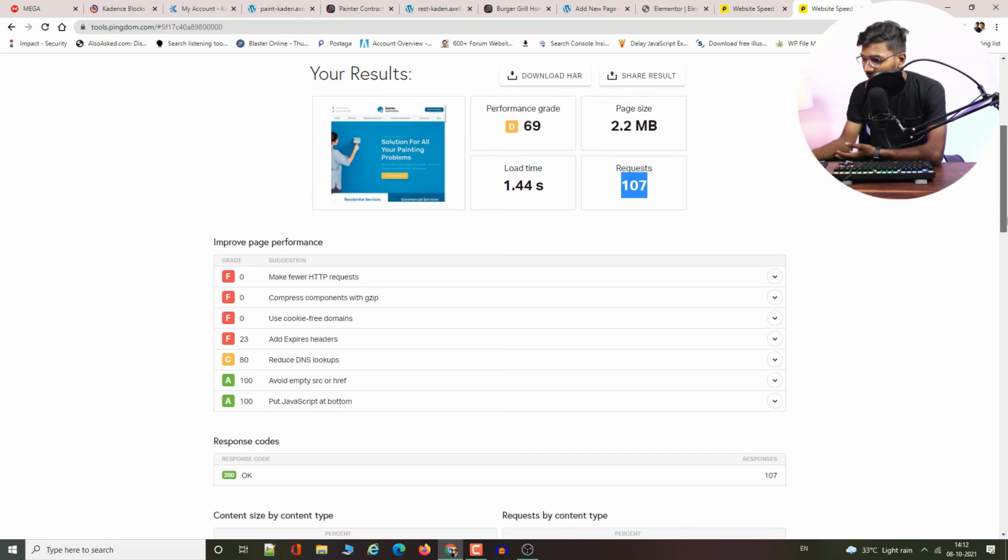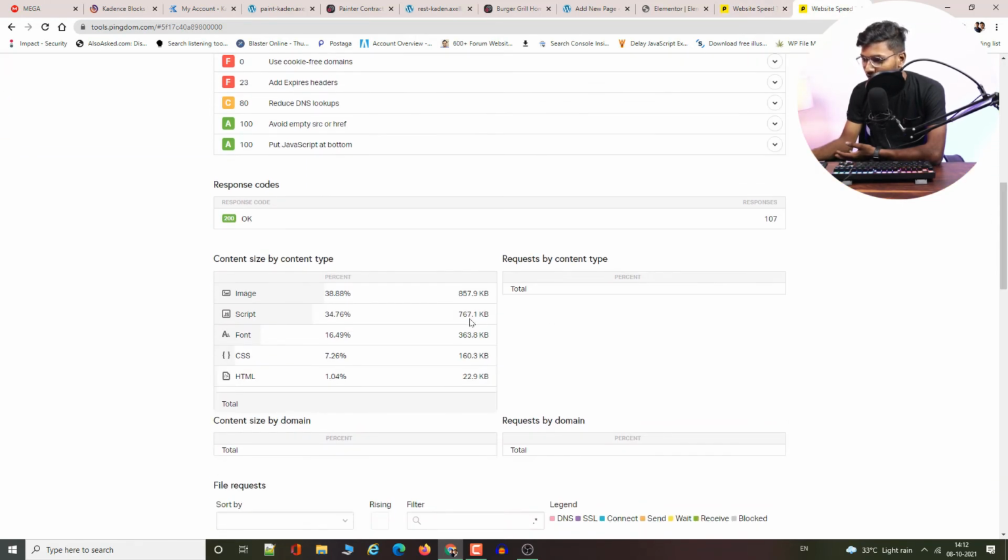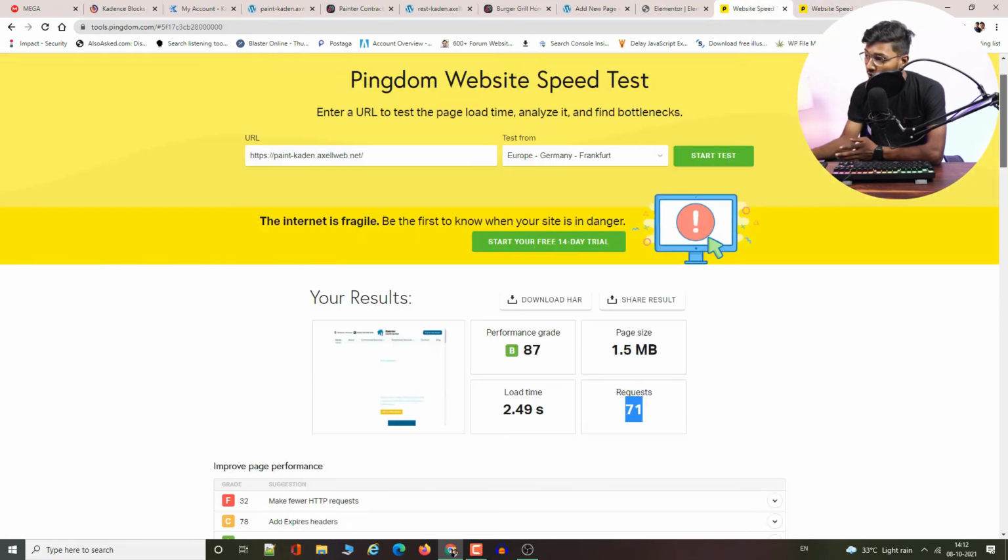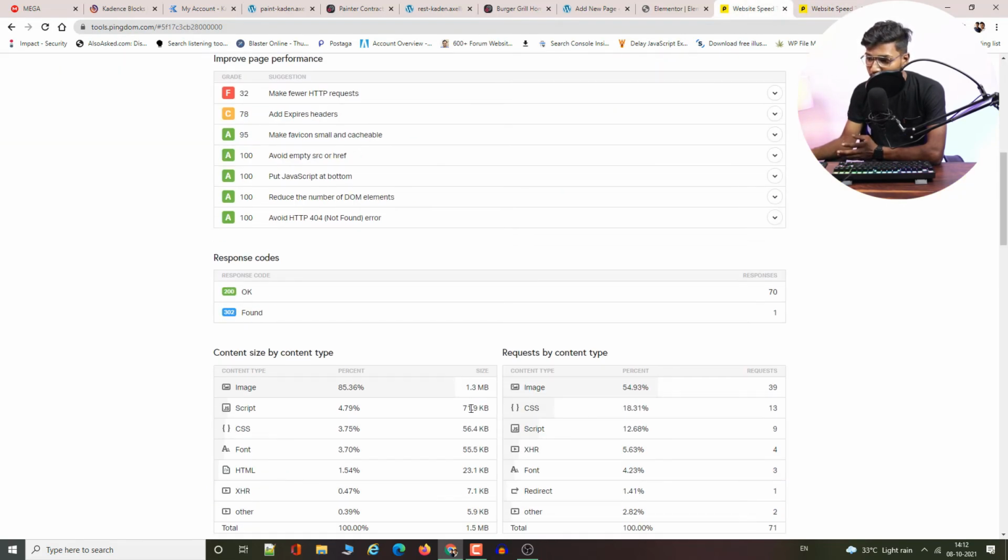Then let's have a look at the contribution of the scripts. You see the JS used in the same page design, very minimal, is 767 KB, which is 10 times the JS used by the block editor, which is only 71 KB. So this is the difference, and this makes a real difference. That's why Cadence blocks or any other block editor add-ons are faster than page builders, because page builders use a lot of JS.